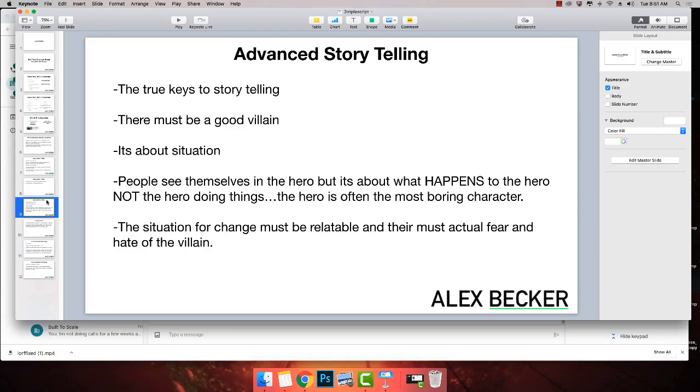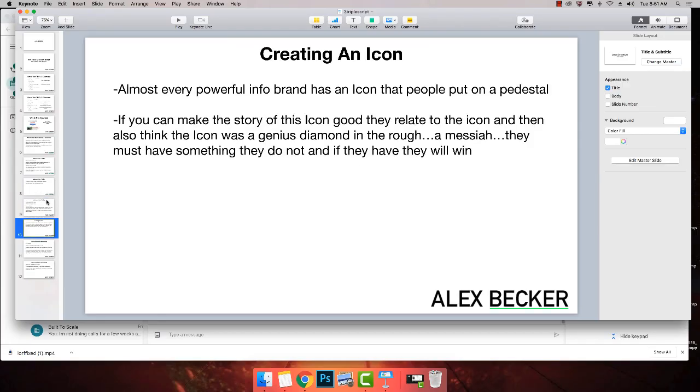And so this is why in our storytelling, we need to really focus on creating a good situation and a good villain, and using a lot of visualization to make people feel like they're going through the story and they're the ones going through the story. You're going to see that as I go through that. Now,